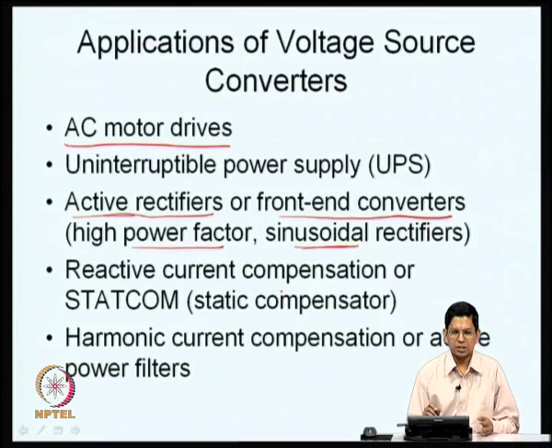I mean, the utility typically wants us to maintain the power factor better than some level like 0.8 or something like that, and also there are some tariffs. If you go lower than that, you may have to pay a penalty, etc. Now, there is a certain amount of reactive power that may have to be injected into the utility at times, because of the lagging loads which are already connected to the grid now.